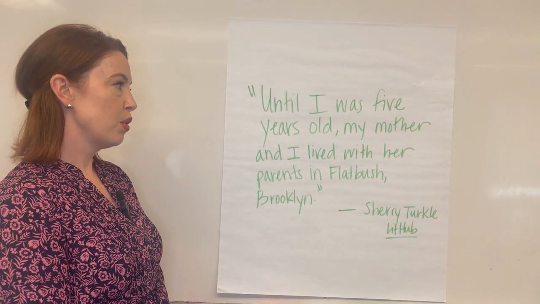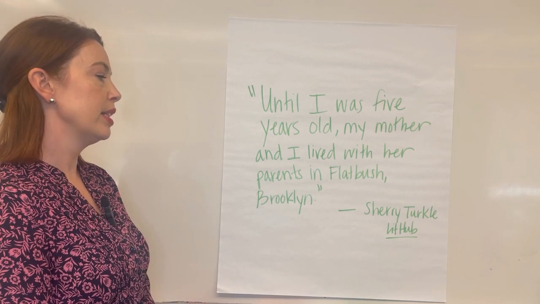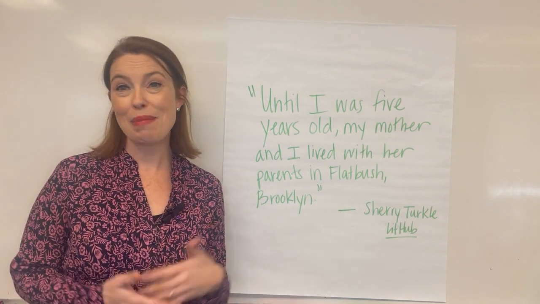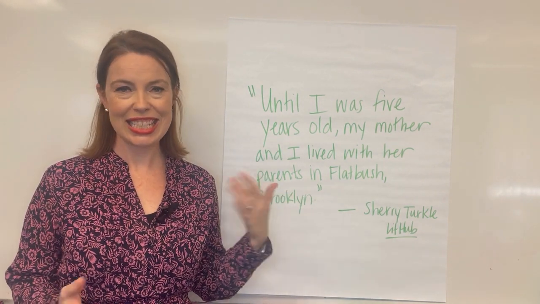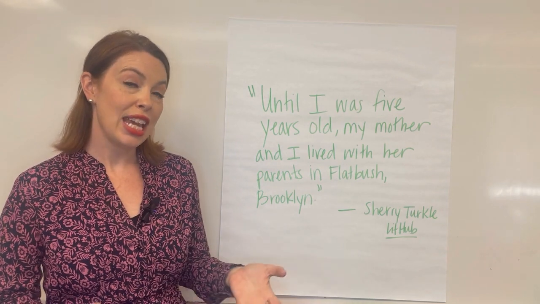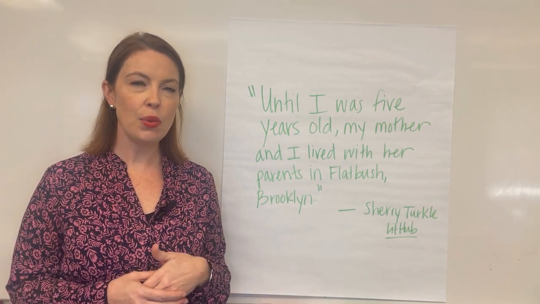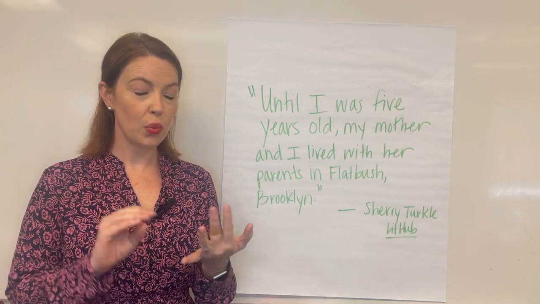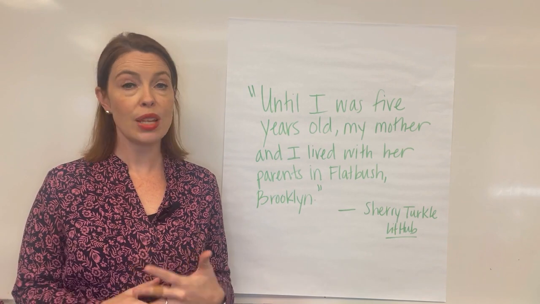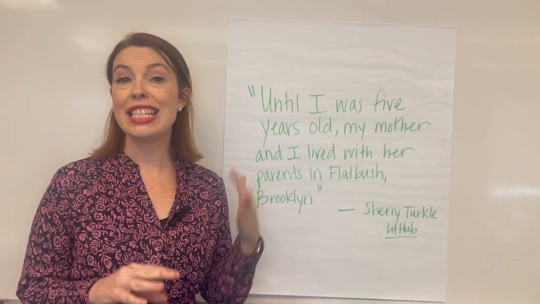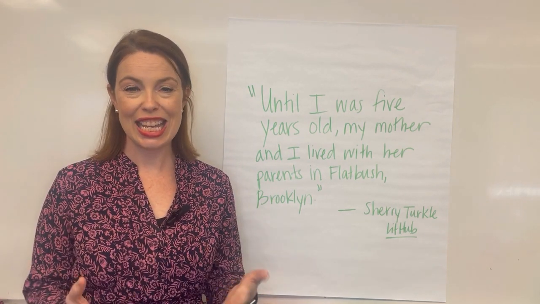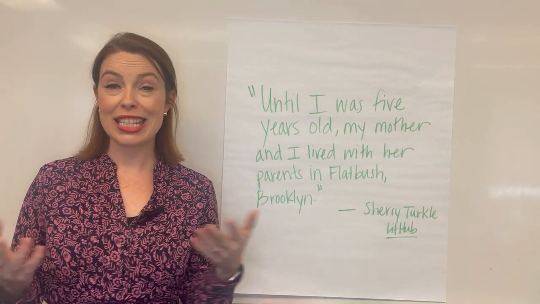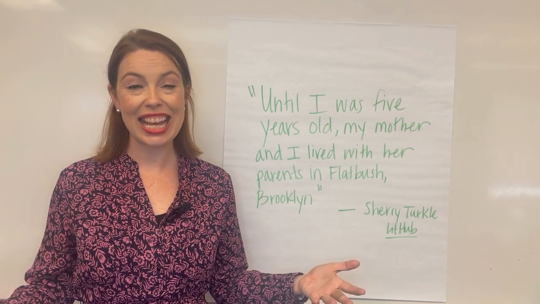Until I was 5 years old, my mother and I lived with her parents in Flatbush, Brooklyn. It's a pretty simple sentence, right? You can imagine writing a sentence like this. What I want to show you today, opening with context, is a way to give some clarifying information that tells when something is happening, where something is happening, or under what conditions something is happening in your sentence. You may have heard your English teacher talk about this before as an introductory phrase,